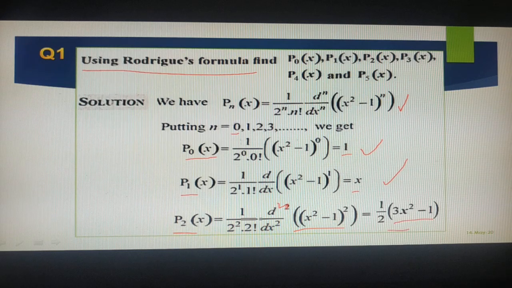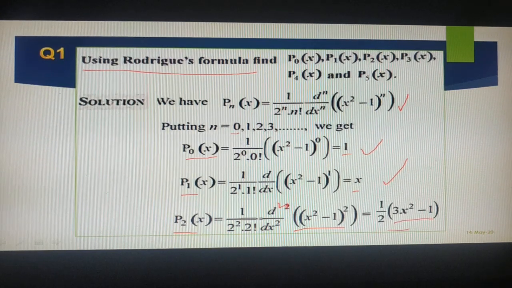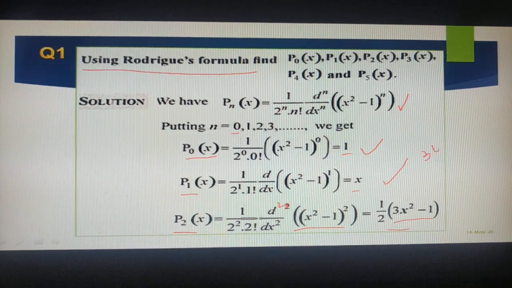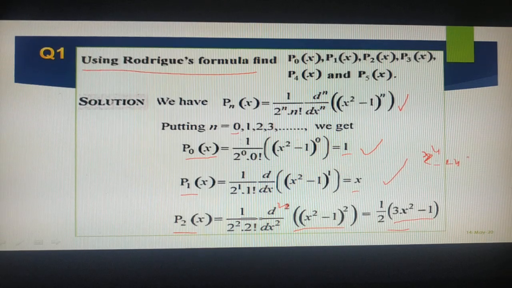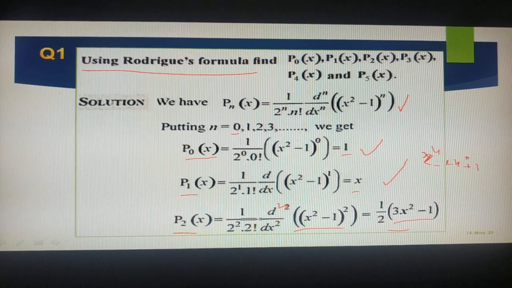So please do that 2 times. First we expand this. If we expand this, what will we get here? X to the power of 4 minus 2x square plus 1. I'm not able to write with the mouse. x to the power of 4 minus, this is x, okay, x to the power of 4 minus 2x square plus 1. Okay, so let us check this one time.